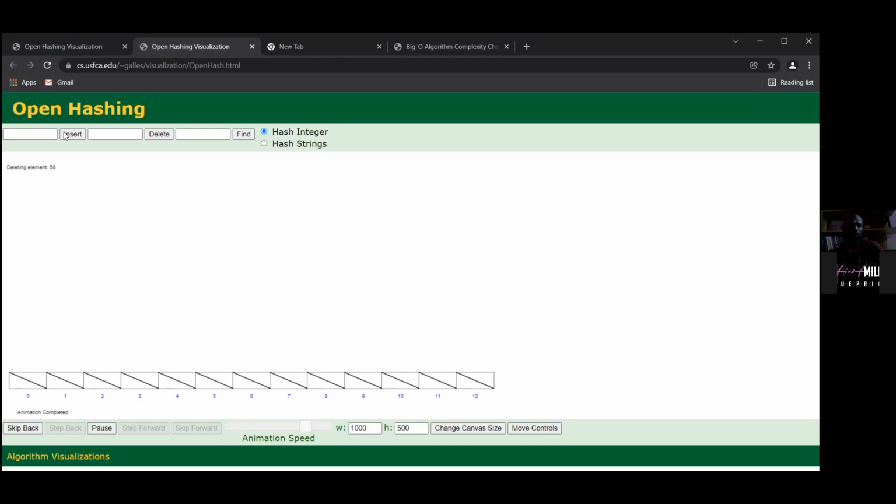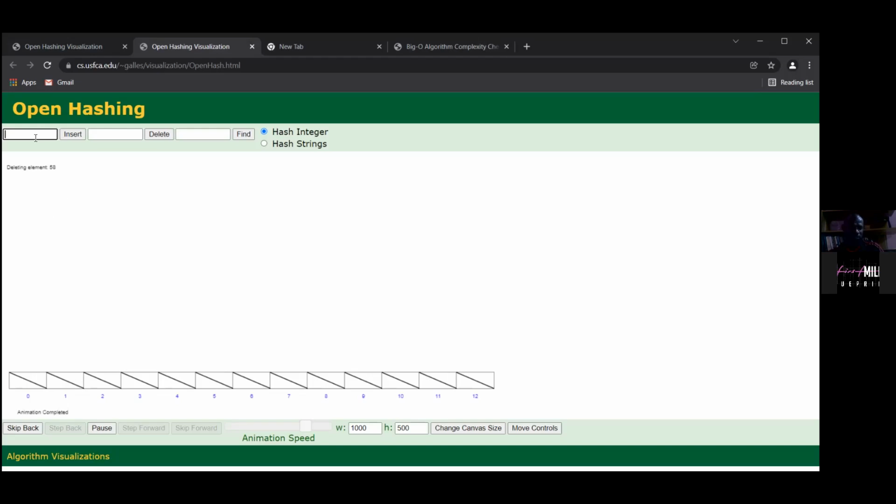And at the upper part, you have a box where you can type in a value and click insert. It gets hashed by this site. The hash function is not seen. It then maps that particular value to any of these memory spaces.